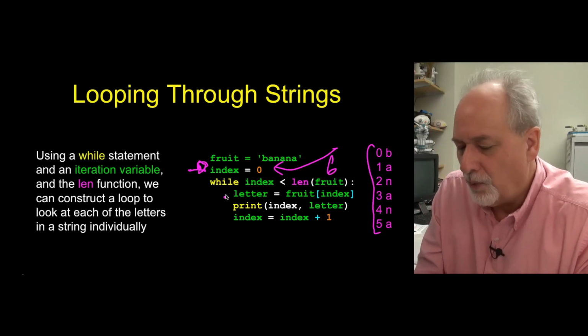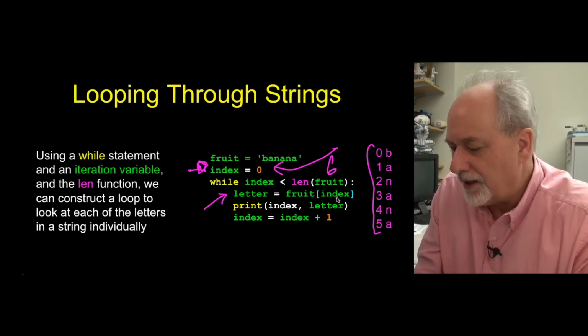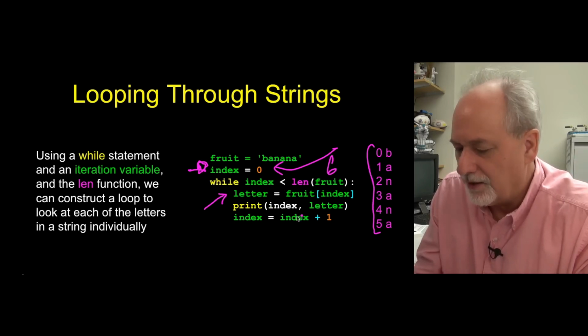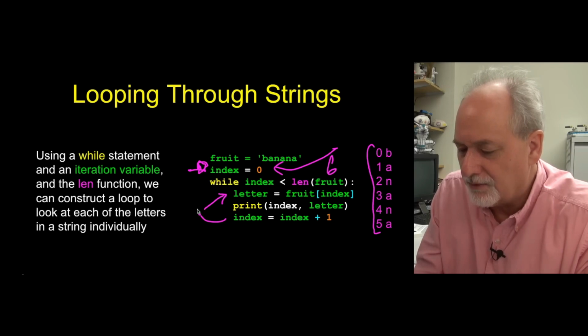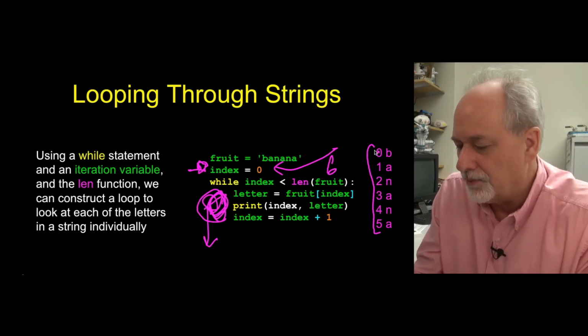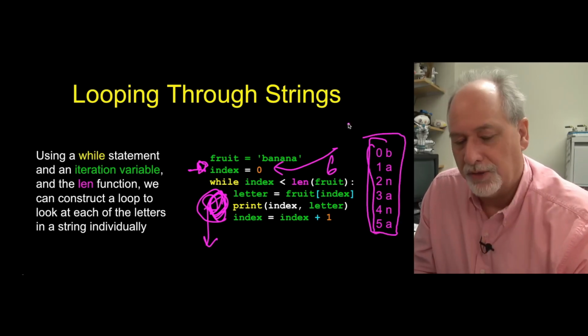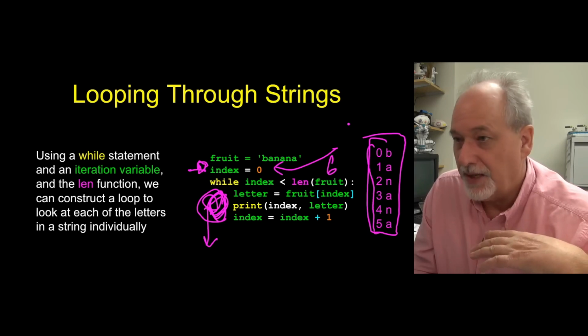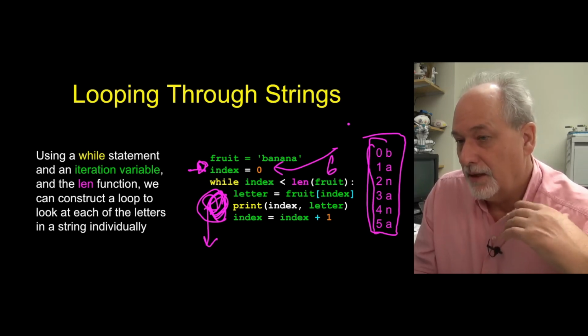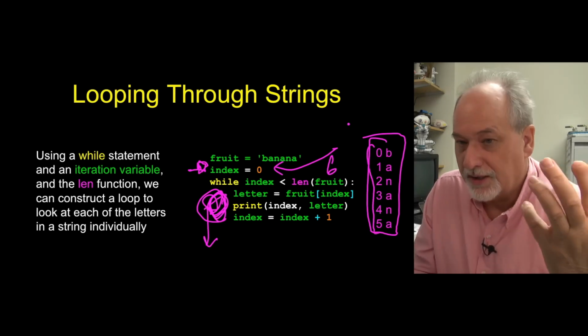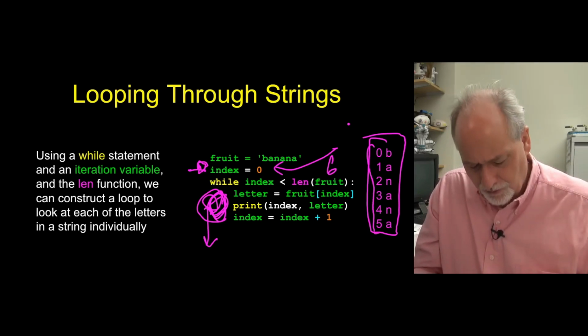And then we can look up one at a time, pull out fruit sub index, so fruit sub 0, fruit sub 1, 2, 3, 4, 5, and then print out the position and the letter index, and then add 1 to index, and it runs. This will run 6 times, 0 through 5, and out we go to produce this output right here. And so that's one way of looping through strings. That is a basic indeterminate loop, but we construct carefully an iteration value,